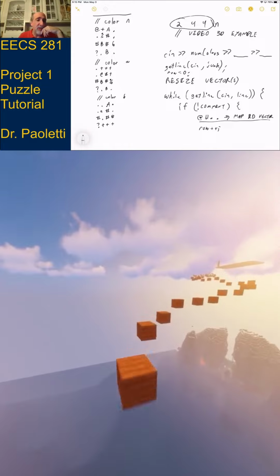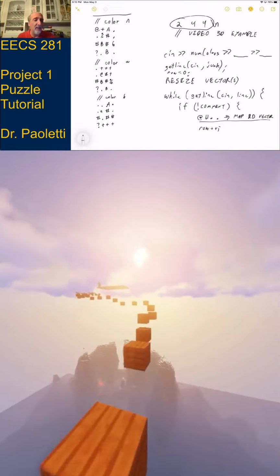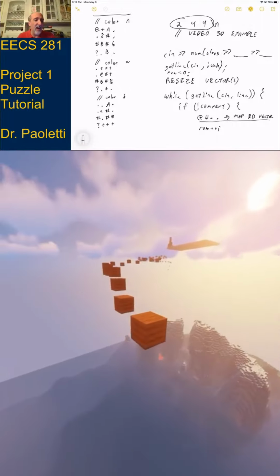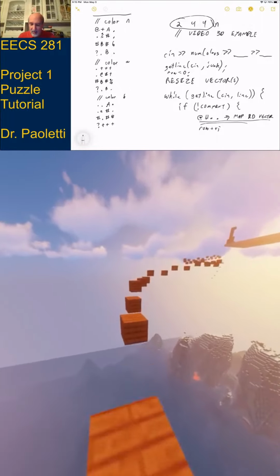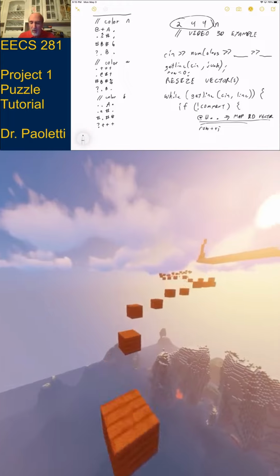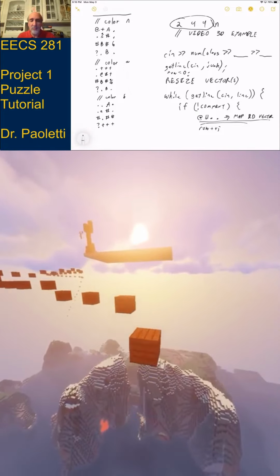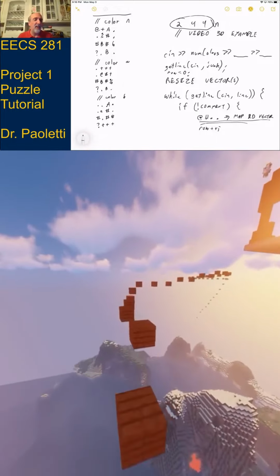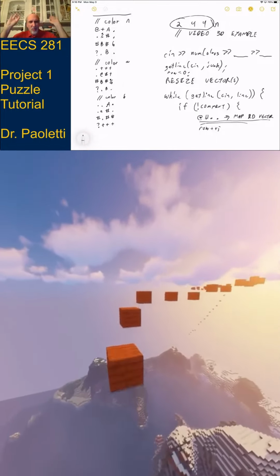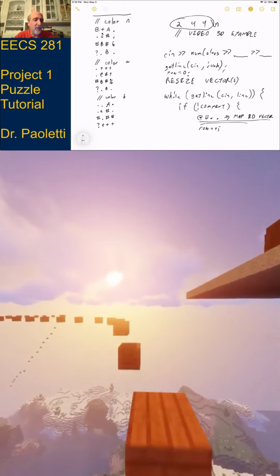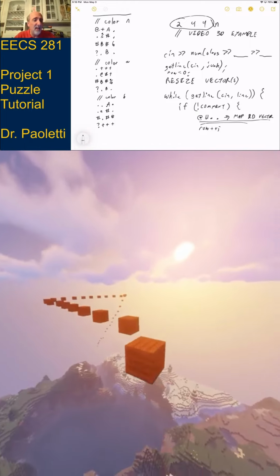If you find a capital C, invalid map, I'm done here. You find something that's not allowed, like a hyphen in one of these lines, a hyphen or a semicolon or a parenthesis, invalid map. I don't know what that thing is. In the comment, who cares? We just throw the comments away. But in the stuff that's supposed to represent the map, make sure it's valid.